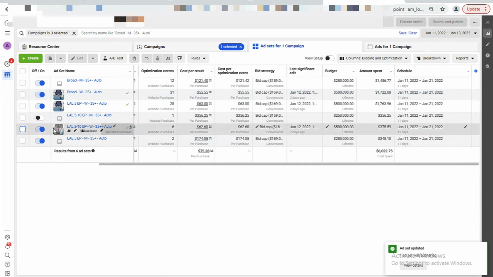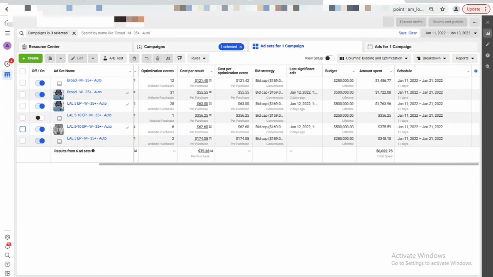These are all performing very well. Okay. I'm happy with this campaign. Nothing else needs to be done. I'm not going to optimize anything else because,